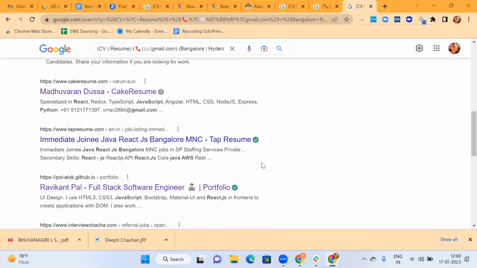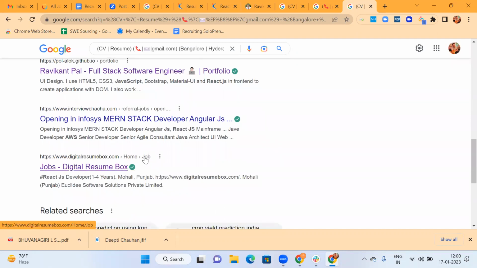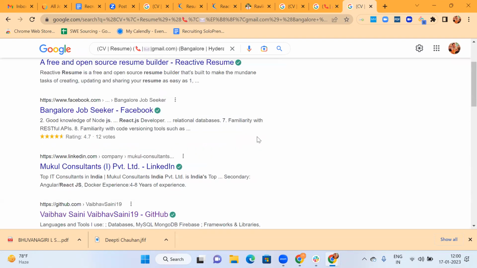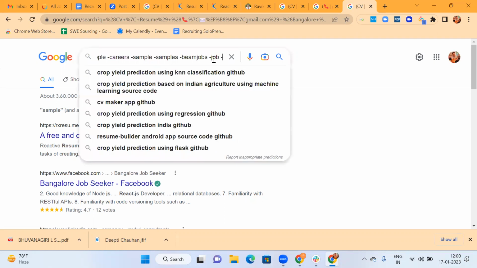Job listing again. Yeah, the number of results is the same, like job again. 3,60,000. Jobs again. So definitely we'll have to exclude that. Minus jobs.